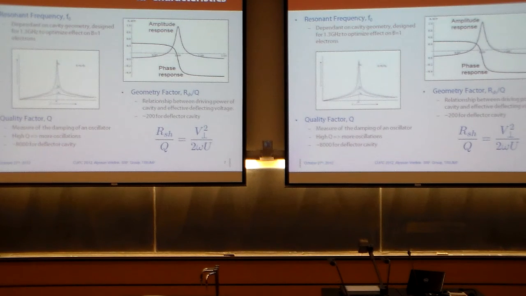We also want to know the geometry factor. And this tells us the relationship between how much power do I need in my cavity to get the fields that I need to produce the deflection that I want. So say I want to have an electron deflected by 20 millimeters at the end, way more than we